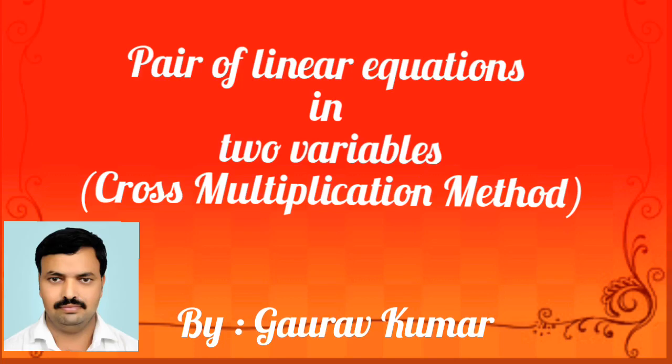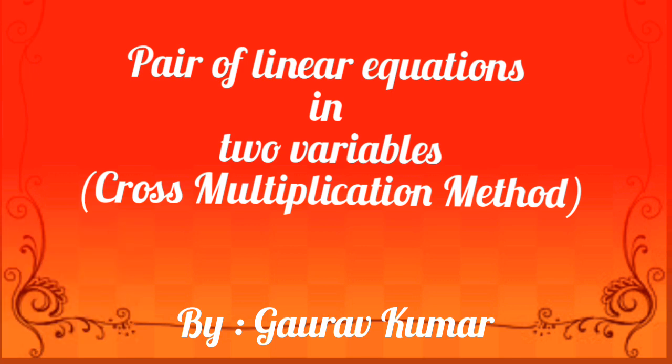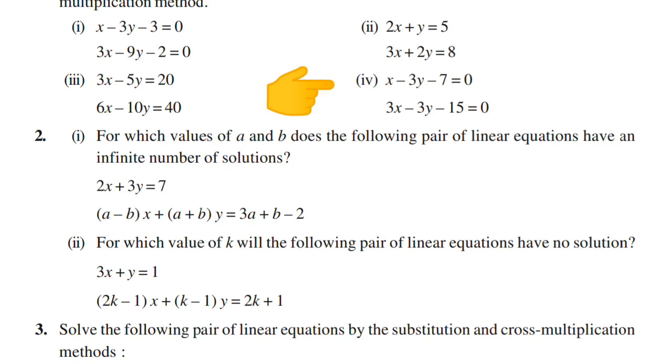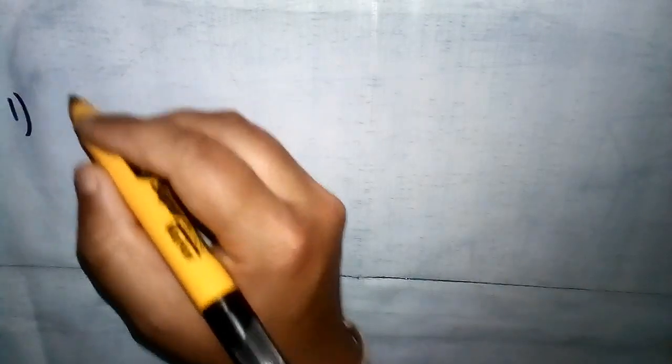Namaste everyone. Today I am going to discuss cross multiplication method to solve pair of linear equations in two variables. So for that I took question number 1 and its fourth part, that is x minus 3y minus 7 equals to 0 and 3x minus 3y minus 15 equals to 0. So our question is